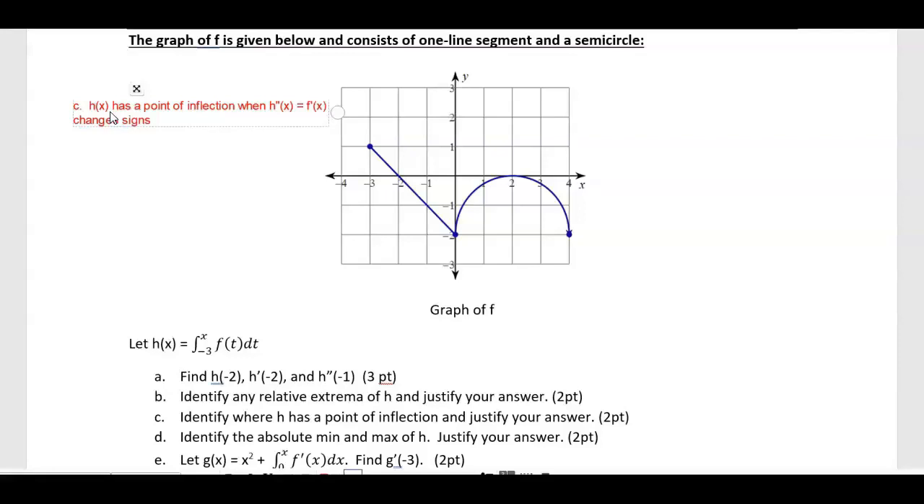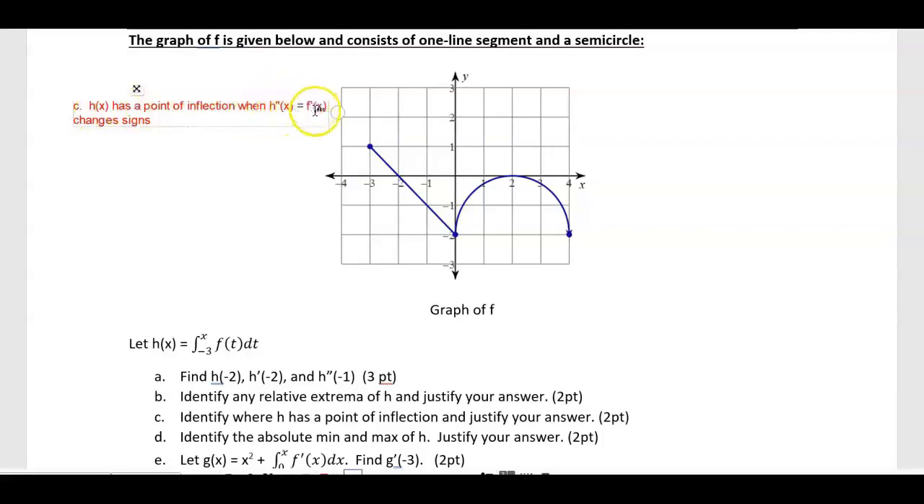The point is it's a point of inflection just so long as it changes. It doesn't matter whether it's positive to negative or negative to positive, but you could say both. It's just a waste of time. Anyway, so h of x, the function they're asking about, has a point of inflection when the second derivative of